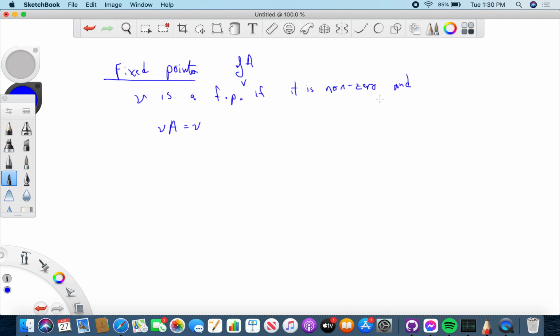Okay, so what do I mean by non-zero? I literally just mean that if we look at the entries of v, let's say it was v1, v2, and v3, then at least one of these is not equal to 0. There's only one zero vector, and it looks like this: 0, 0, 0, at least in the case of vectors with length 3. Okay, so for example,